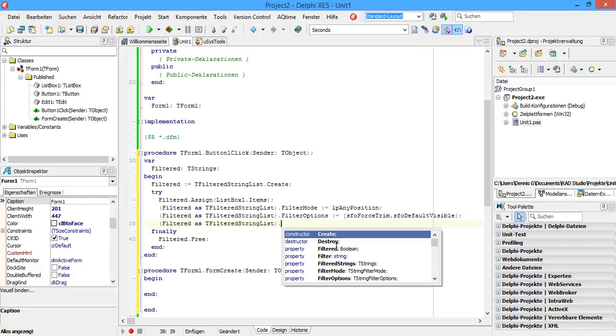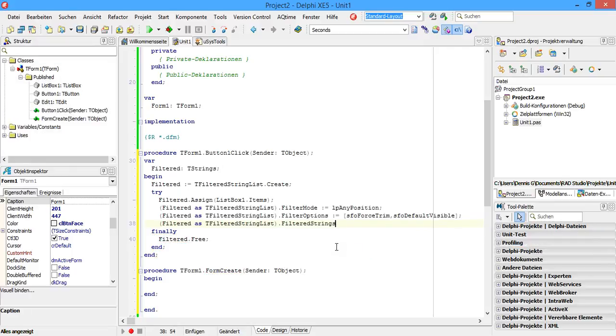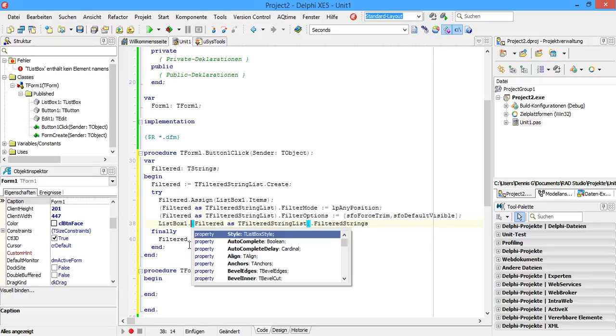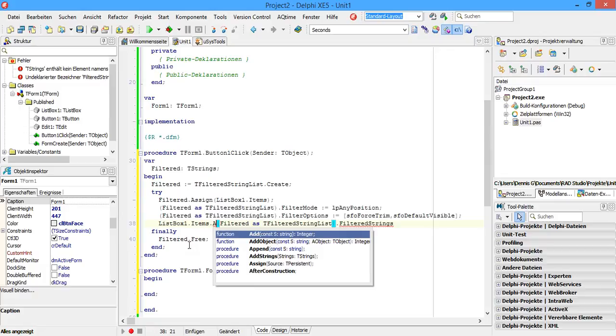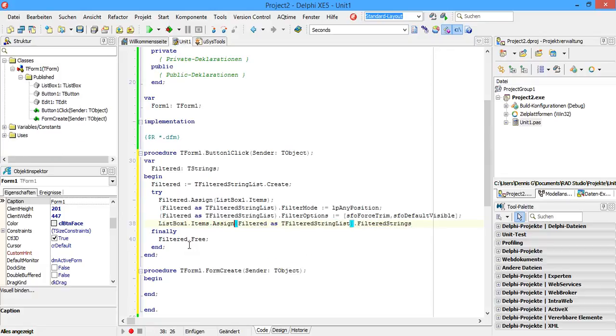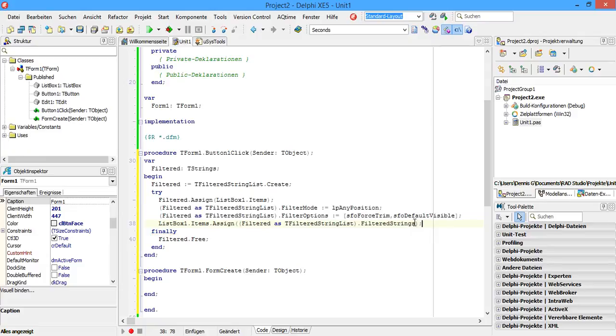So filtered, I need to write them back, so items assign, so yeah,